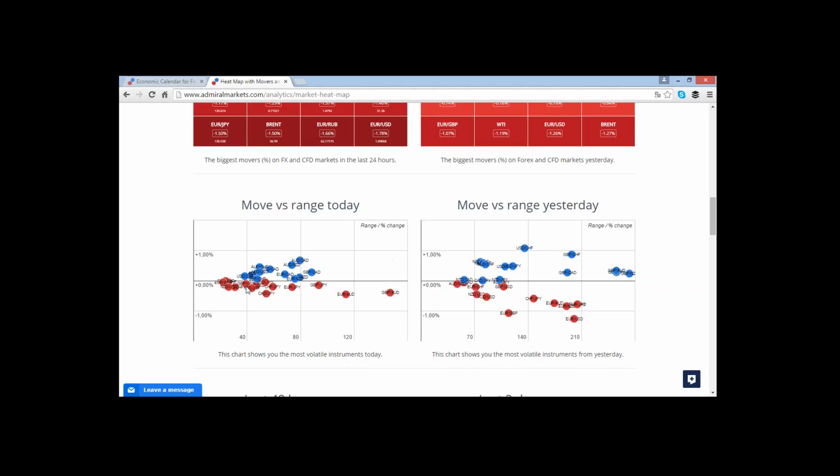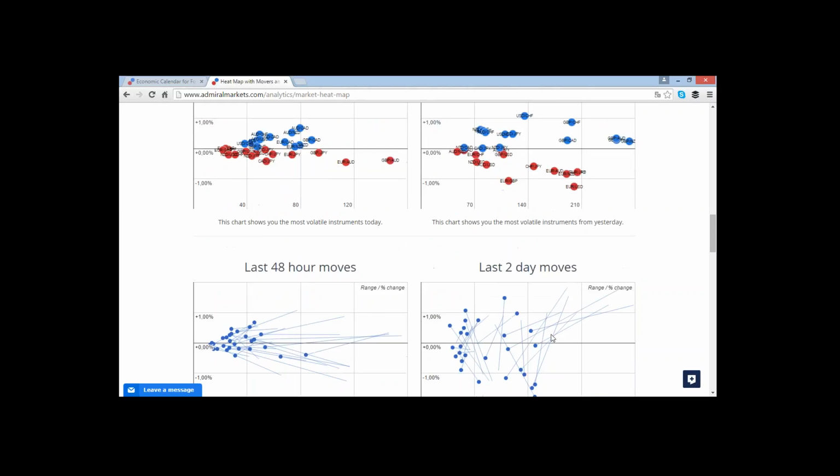Typically, you want to avoid pairs that are in here because they're low volatility and they don't move much. So these are not interesting. Dollar Swissy, Kiwi dollar, Swissy here, pound USD, right? That so far have not moved much. Now this is today, so that can change. Obviously, you want to keep an eye on that too. But yesterday, for instance, maybe it gives a bit more information. It's the same thing, but yesterday, your dollar, great mover, a lot of volatility, and so